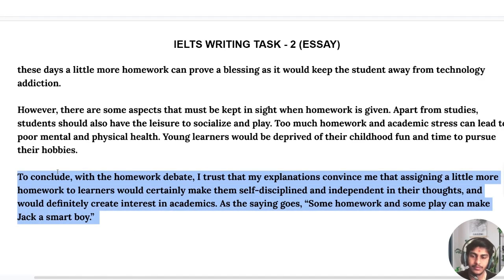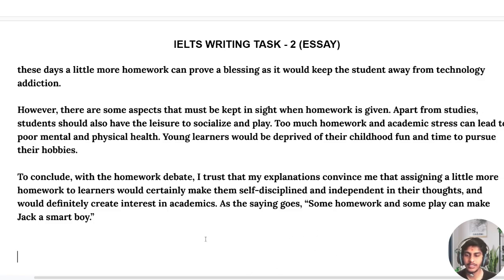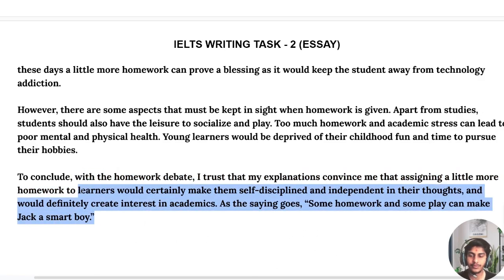So now, our conclusion. Students, this is a strong IELTS conclusion, and it does three things: restate opinion, summarize benefits, and end positively. No new idea is added, which is perfect. Final examiner assessments are task response, coherence and cohesion, vocabulary and grammar. So expected at band 6.5 to 7 and above, with grammar polishing 7.5 plus.